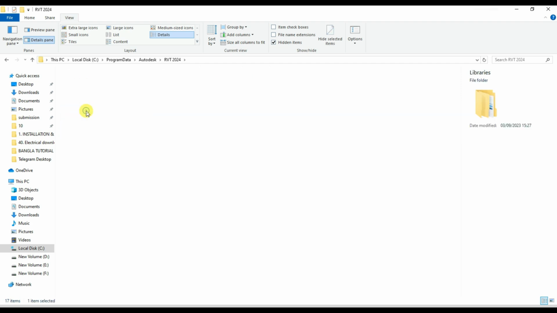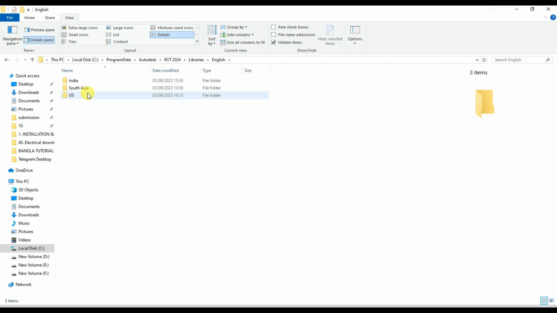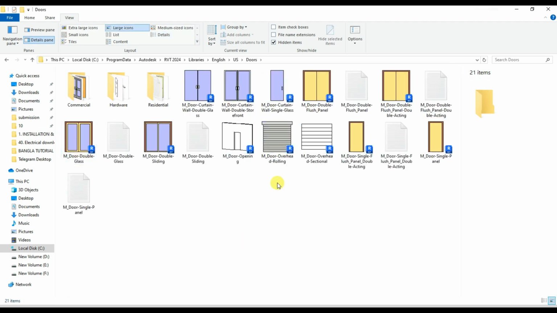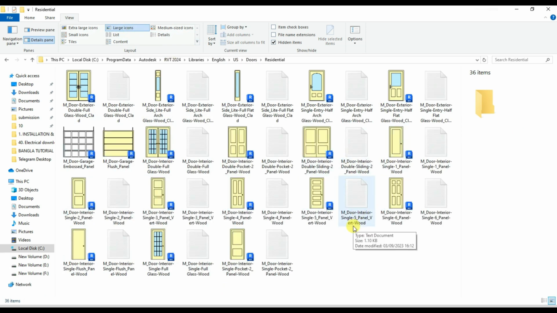I'll get into libraries folder. These are the libraries I have installed. Get into English folder. Open US folder. And you can see all the families are present here. Doors, electrical, furniture, etc. These are the doors available. So we can use this in our project. Now I'll get back